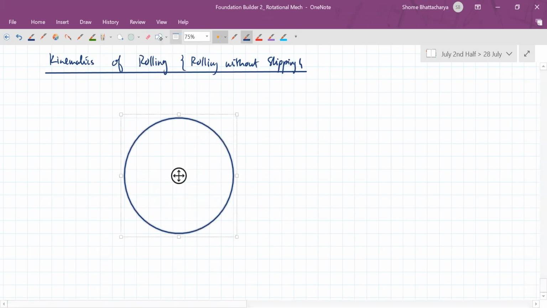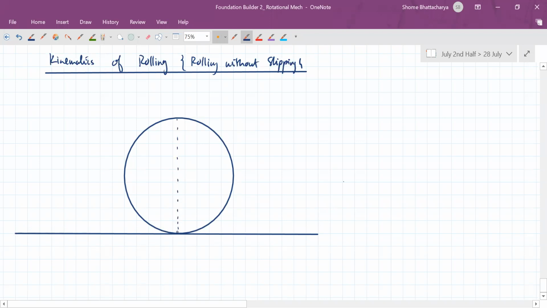So the moment we have that condition that VCM and omega are related like that, that VCM is equal to R omega, such that the point of contact instantaneous velocity is 0, we can also see that specifically, if the point of contact is having 0 velocity, then